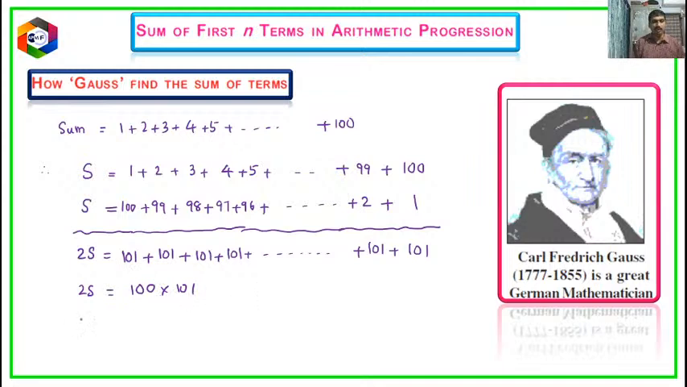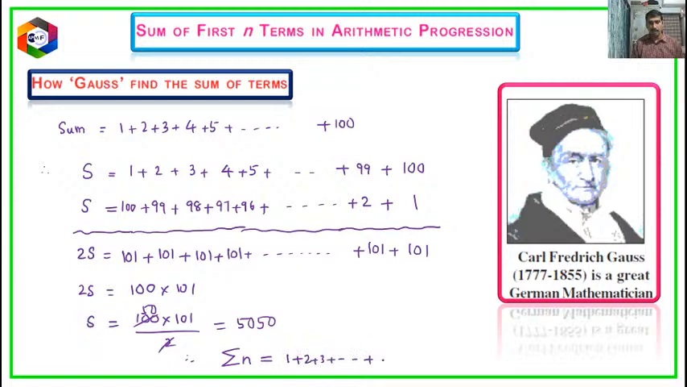Yes, 100 into 101. Now we have to calculate only the single S, that means 1 to 100 only. So this is equal to 100 into 101 by 2. Now 50 times 101, which equals 5050. Therefore, the sum of the first n natural numbers, in shortcut we can write as sigma n, which is 1 plus 2 plus 3 and so on up to 100, equals